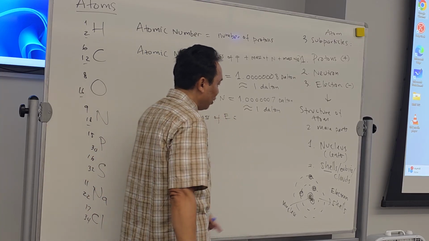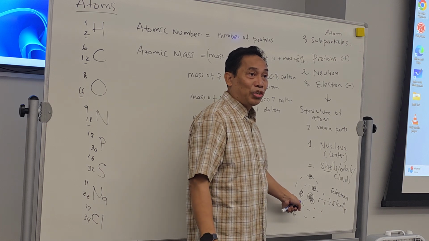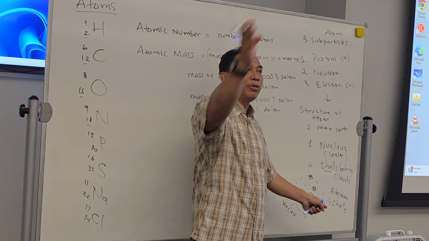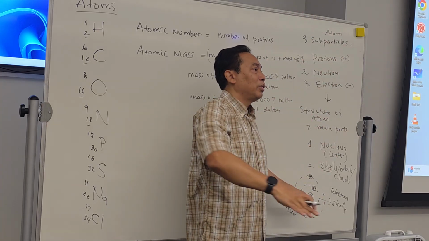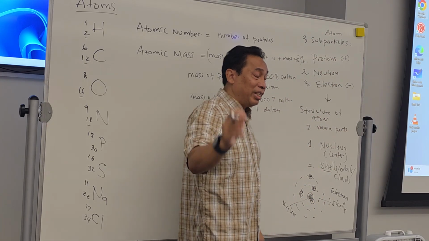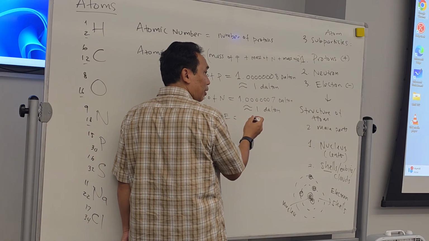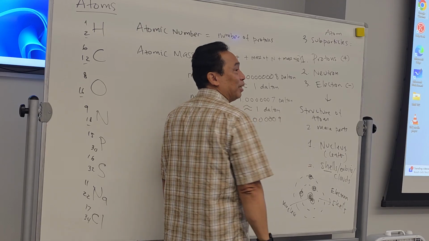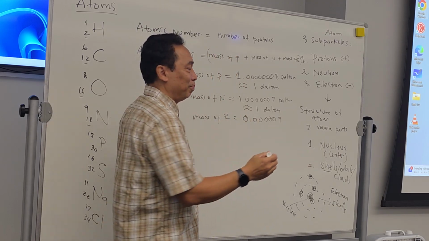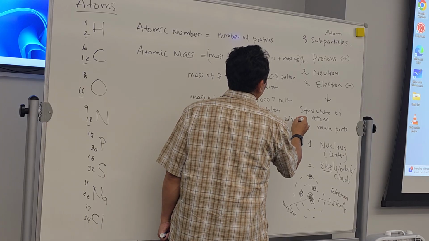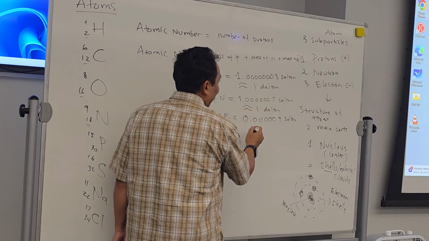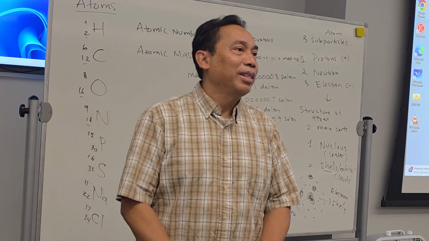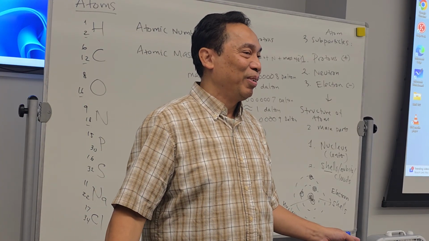Get it? Now, the mass of an electron. Remember, the electron is in the cloud, in the shell, in the orbit. It's actually very light. They are able to move because it's very, very light. And they measure that the mass of an electron is 0.000000 something less than 9. But it's very, very light. So what happened? They say it is 0. You can take that away, because it's 0.